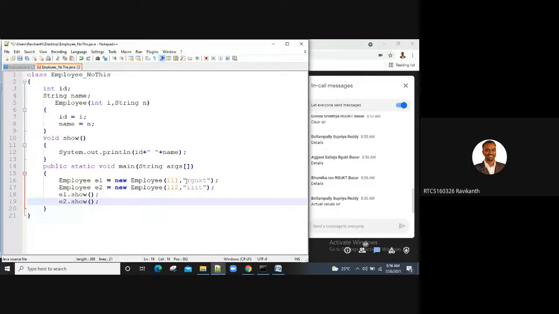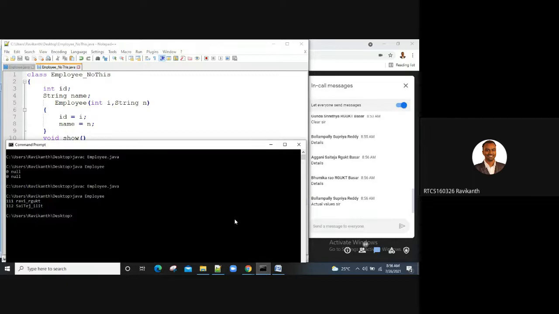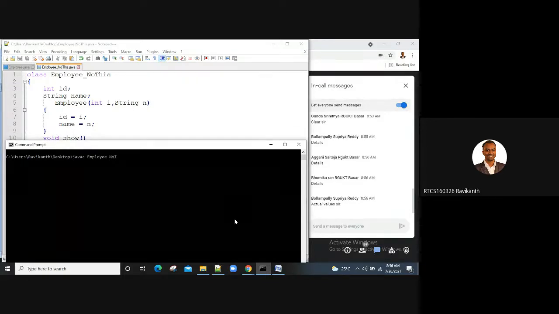Okay. So everybody wants to go with, okay, you'll get details. Why do we get details? First let me check whether you're right or wrong. Javac employee underscore know this dot java.